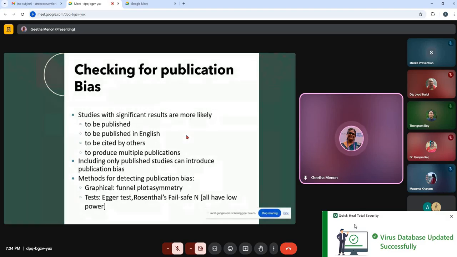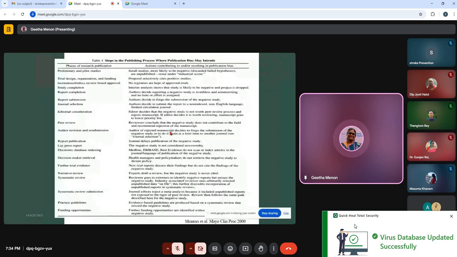So all this is publication bias, and when publication bias occurs, then there have to be ways of detecting it. There are statistical tests available for detecting publication bias, the Egger's test and all. And there is a graphical method, which is the most common method, called the funnel plot. So before I show the funnel plot, I also want to show you that there are various steps